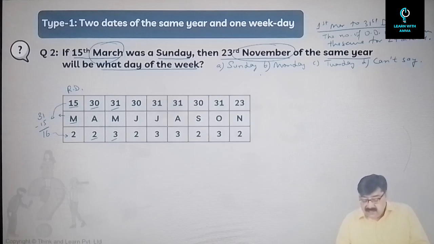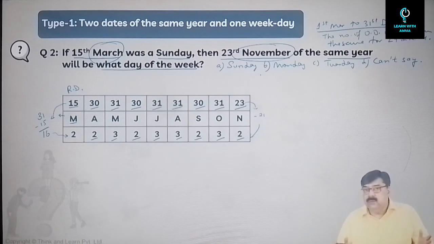June, 30 days, so 2 odd days. July, 31 days, so 3 odd days. August, 31 days and 3 odd days. September, 30 days and 2 odd days. October, 31 days and 3 odd days. November 23rd, again 2 odd days. Why? 23 minus 21 will give us 2 as a remainder. So what do